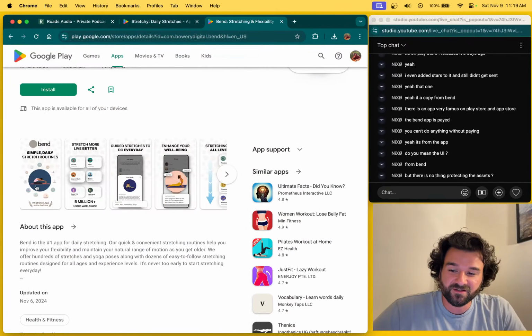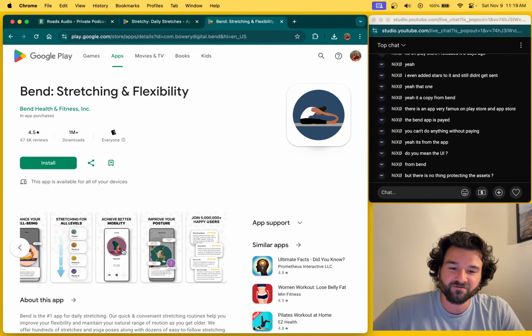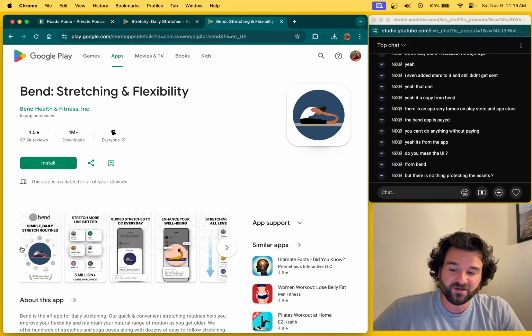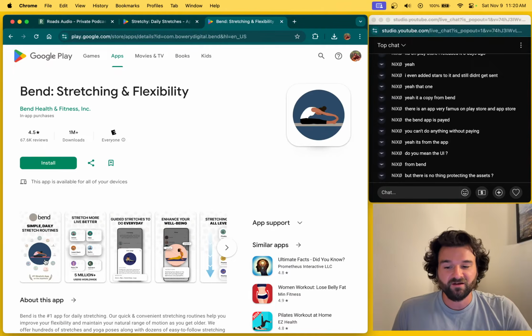They do own the copyright to this just in the sense that they created it or have basically the rights to it. So yeah, when you create an asset, you have the copyright to it, or the creator has the copyright to it. Now, I doubt they'll really do anything